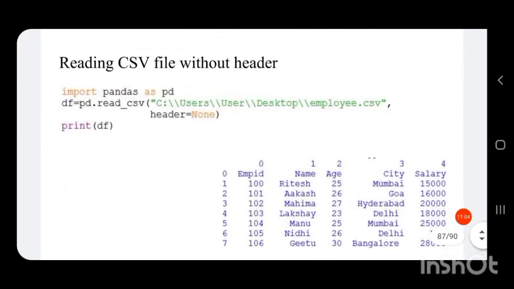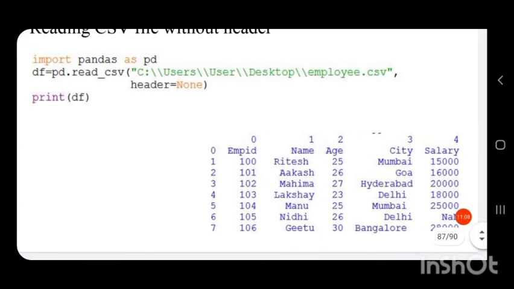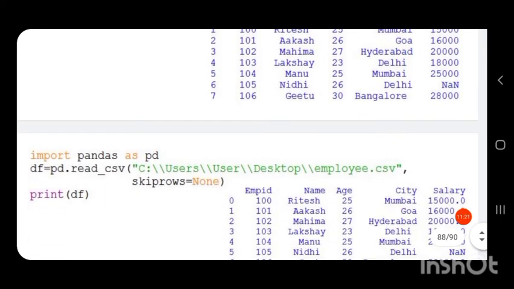Also you can see here the header is removed and the new header is the index value 0, 1, 2, 3. Now we can replace this header with the previous one, that is EMP ID, name, age, city, salary, etc.